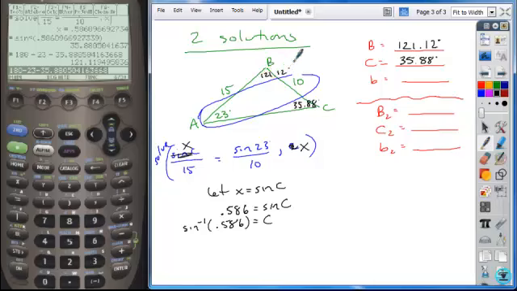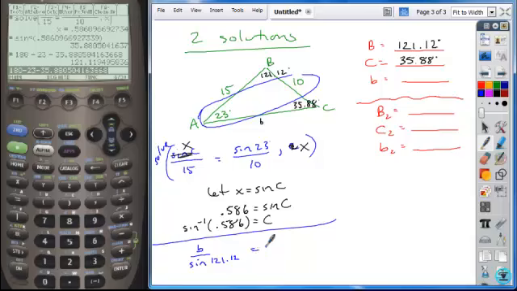All right, now my final step is to find side B. Well, side B, we can solve for it using, again, the same thing that we just did, the law of sines, only this time our unknown is going to be this side B. So when I set up my ratio, which I'll do in blue again, I'm going to set it up as B over the sine of the angle opposite it, which I just found to be